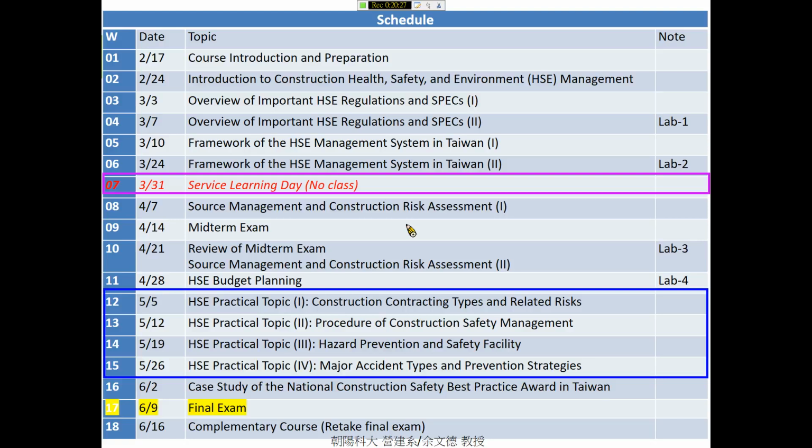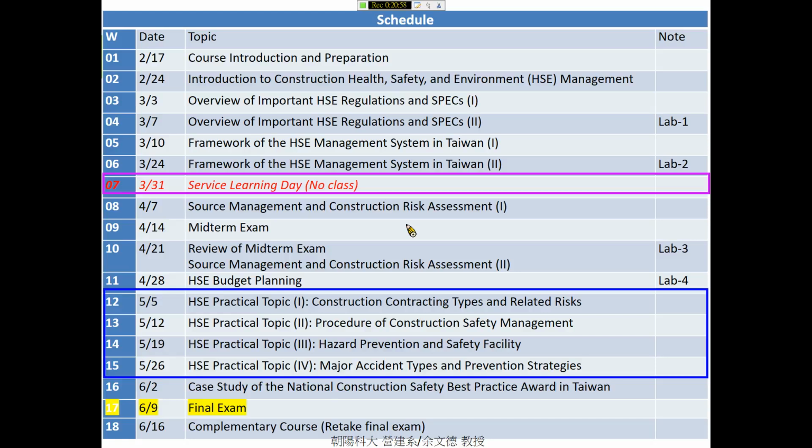Okay, and the final part is the case study for the Golden Safety Award of construction projects in Taiwan. And usually we have the so-called complimentary week for the last week, and based on my experience, usually this week is used for the retake of the final exam for students who fail the final exam.